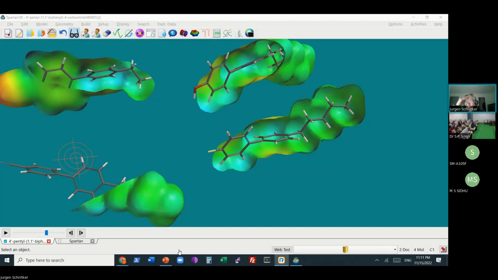So I wonder whether this omega B97XD, which is the new default in Spartan, would do. If that is not an improvement either, then you will have to dig deeper, and eventually you will have to try out a little more of these other functionals. Hopefully you won't have to try out 100 different functionals, but you will have to look around a little bit at what works and what doesn't work. You are there at the frontier of using these methods.